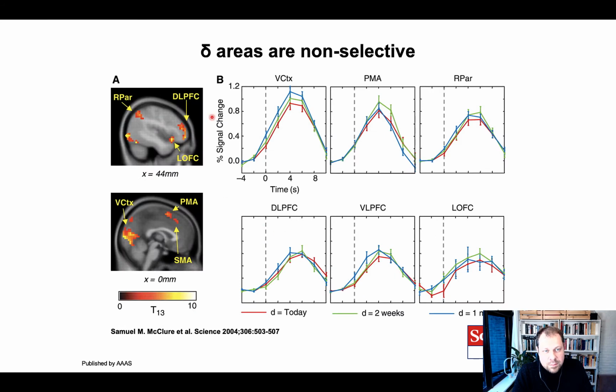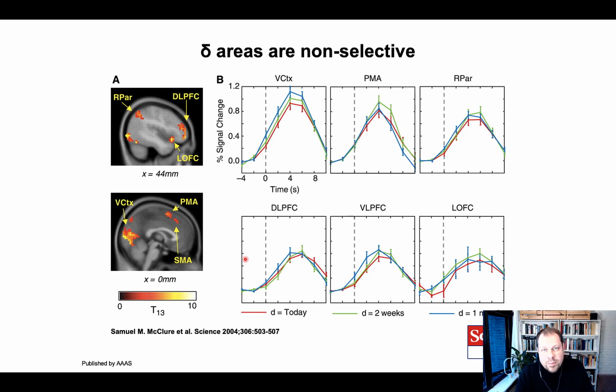At the same time, they also found a set of regions that were non-selective. So they basically activated during the decision period independent of the delay. So you can see that all the delays overlap here. So the activation to different delays did not affect these regions, but they were nonetheless involved in the decision period. So they showed choice-related activity, and they called these delta areas that are non-selective and therefore relate to